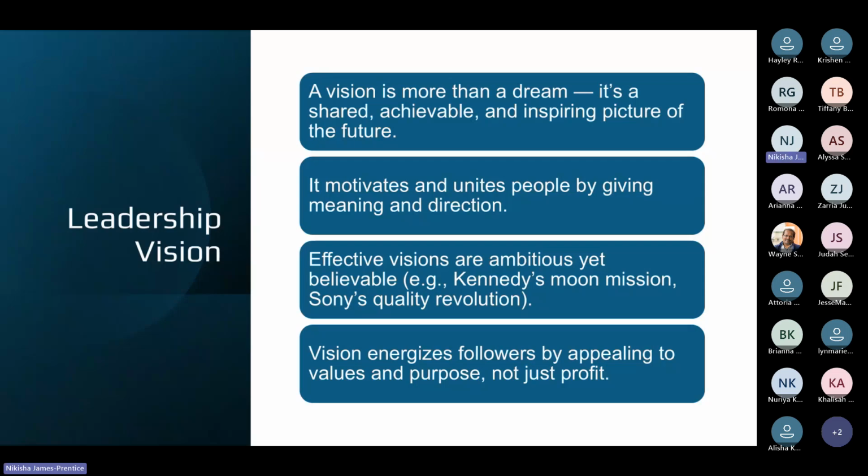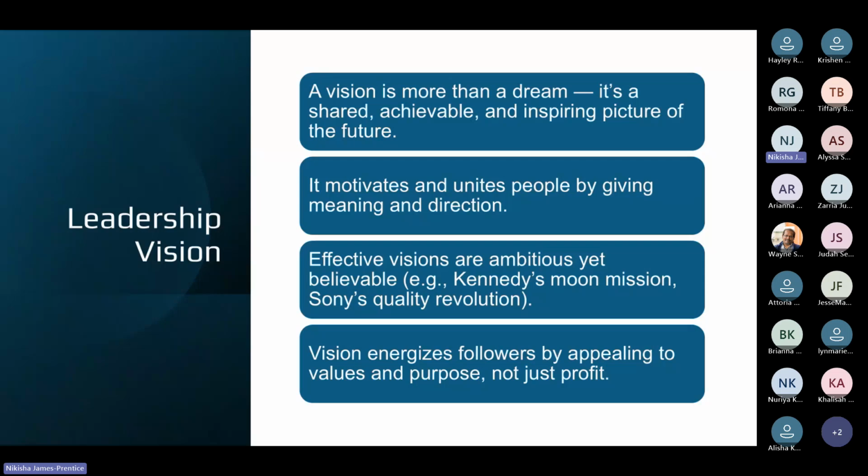For example, Stanford Ovshinsky spent decades pursuing affordable solar energy, turning his once unbelievable dream into reality. Similarly, Sony's 1950s vision to change the global image of Japanese products inspired a national transformation toward quality manufacturing. Companies like Coca-Cola, with "a Coke within arm's reach of everyone on the planet," show how short, memorable visions can rally employees toward a shared goal.